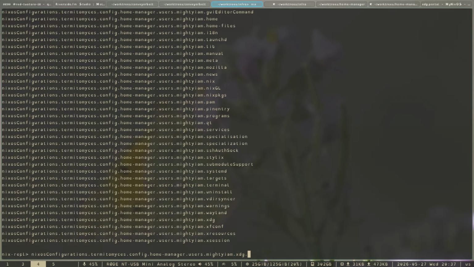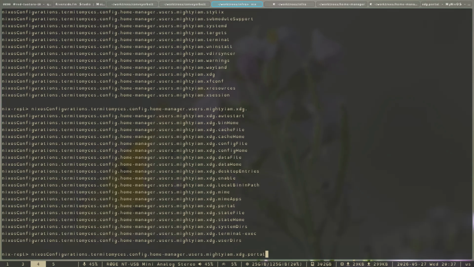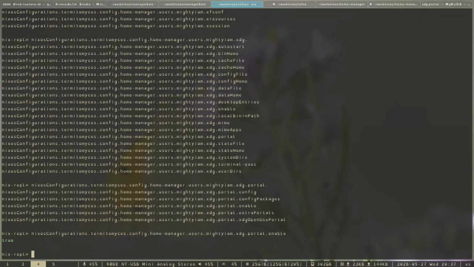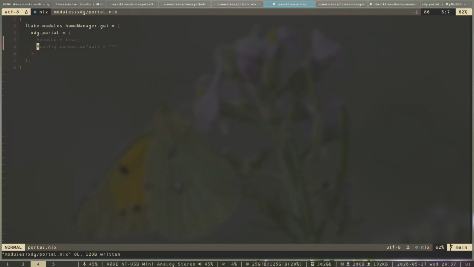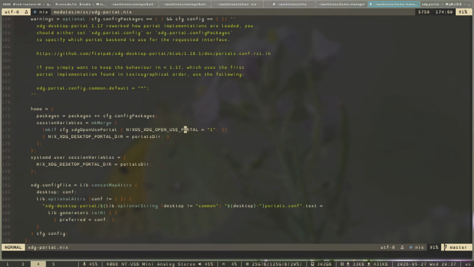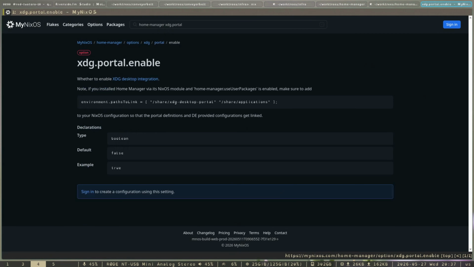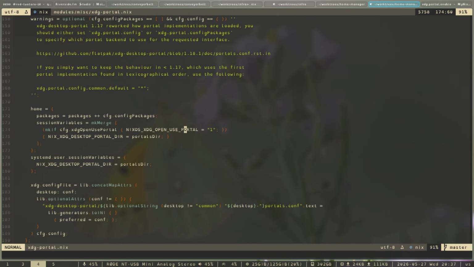Okay. xdg.portal.enable. It's enabled. True. But we have commented that out. Why is it enabled? Default false. Okay. What's going on? But wait, am I missing something? Like, you don't need